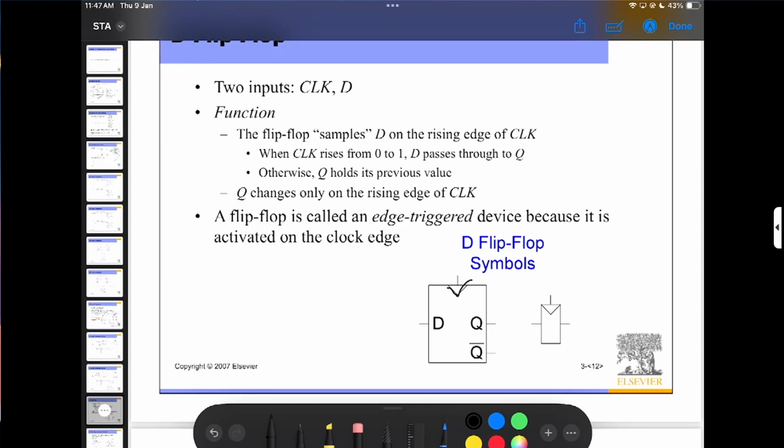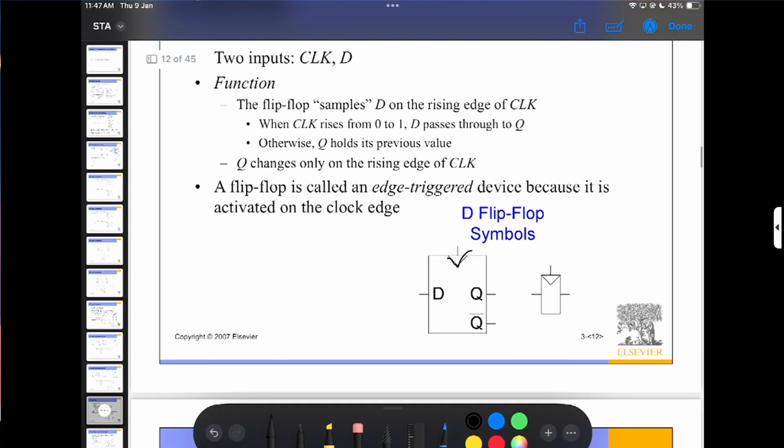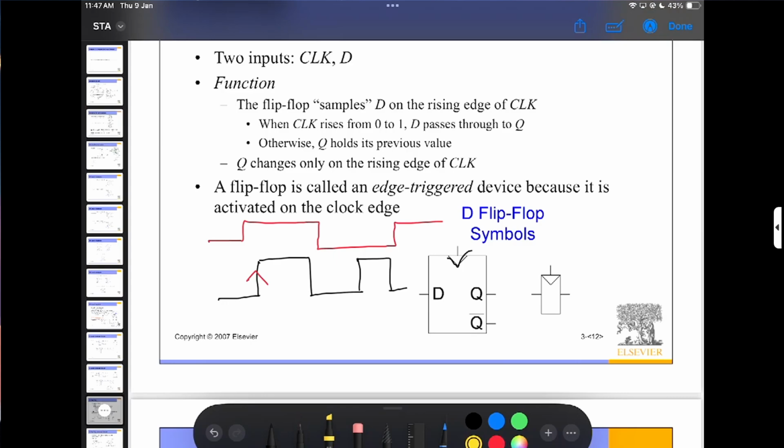A flip flop is called an edge triggered device because it is active on the clock edge. So this is my clock, something like that. If it is positive edge triggering, in this period it works. Suppose my input is like this. So what do you see? Here I get clock. So if I get clock here,